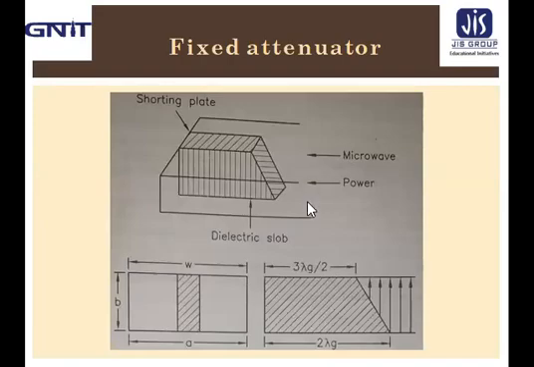In this figure, a fixed attenuator is shown, and the pad is placed in such a way that its plane is parallel to the electric field. For this, two thin metal rods are used. Now the pad is tapered, which provides a gradual transition from waveguide medium to absorbing medium of the pad,